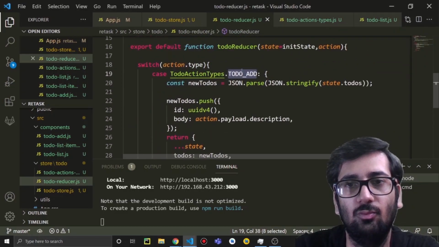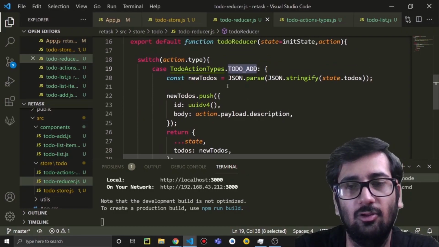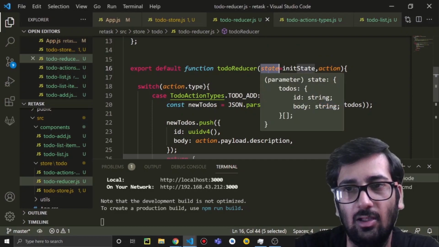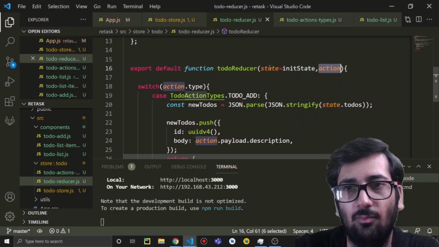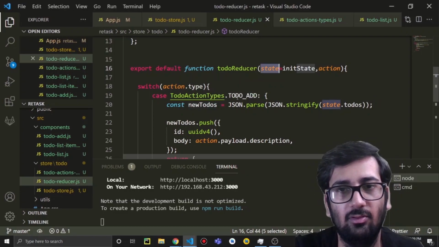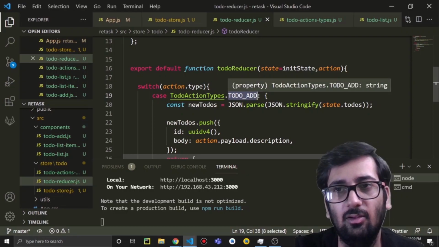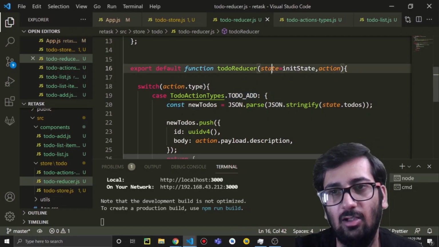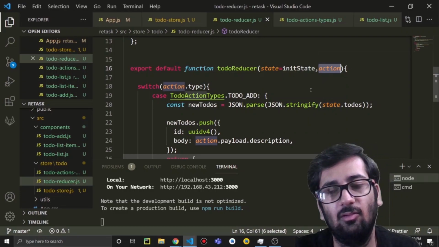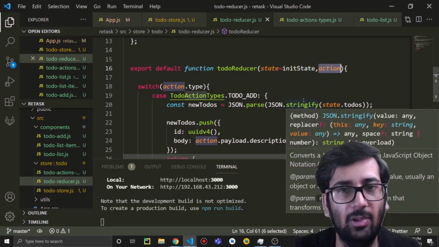So this is to-do add actions, and the logic is simple. We get the state here, and the actions. So from state we get the current state before processing this action, which is add to-do. So this add to-do contains two things: state, which is the current state, and the action. In action we are sending a payload.